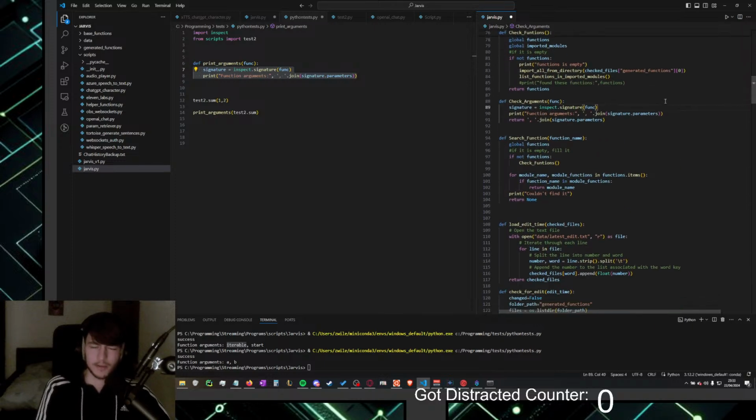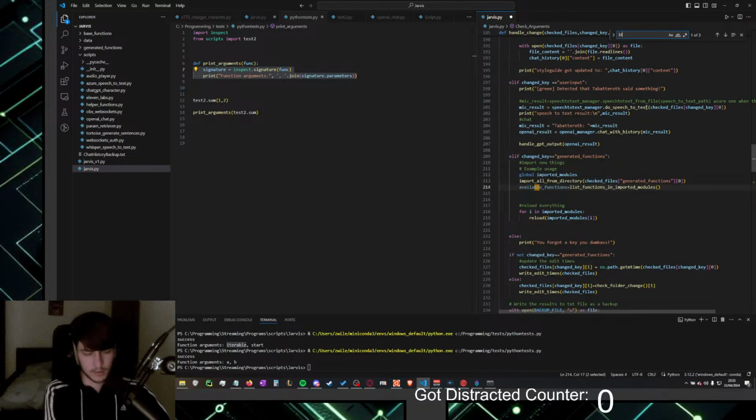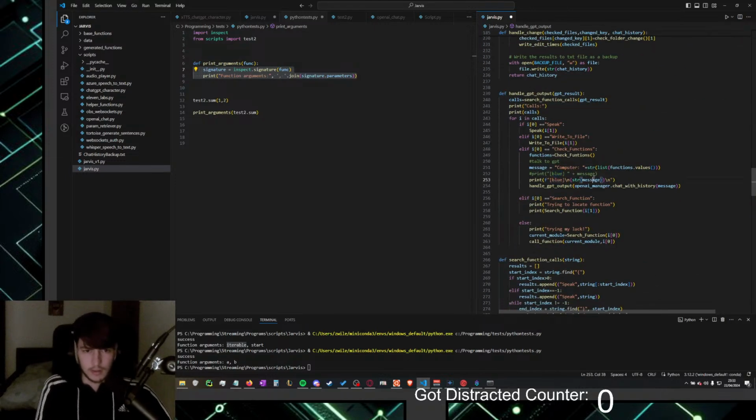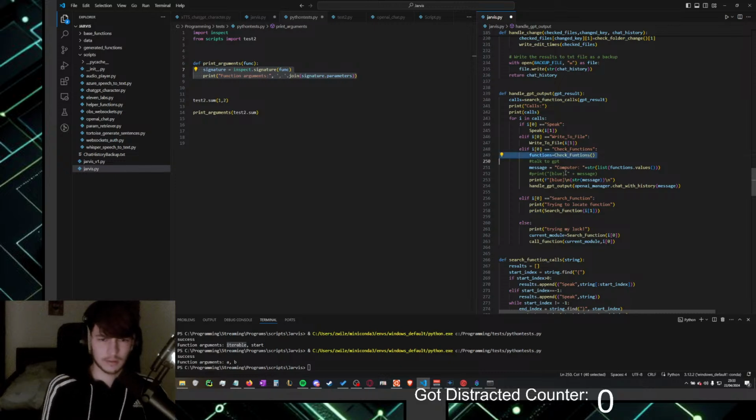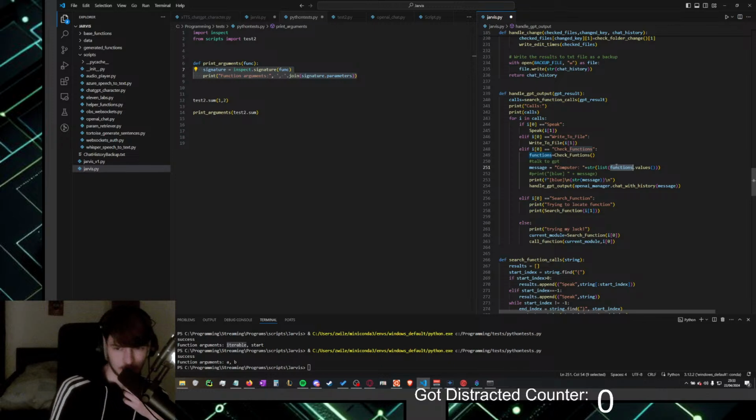Okay, wait. Here. Okay. I think it would be smart if I included, whenever I check which functions there are, do I also look up what they take?